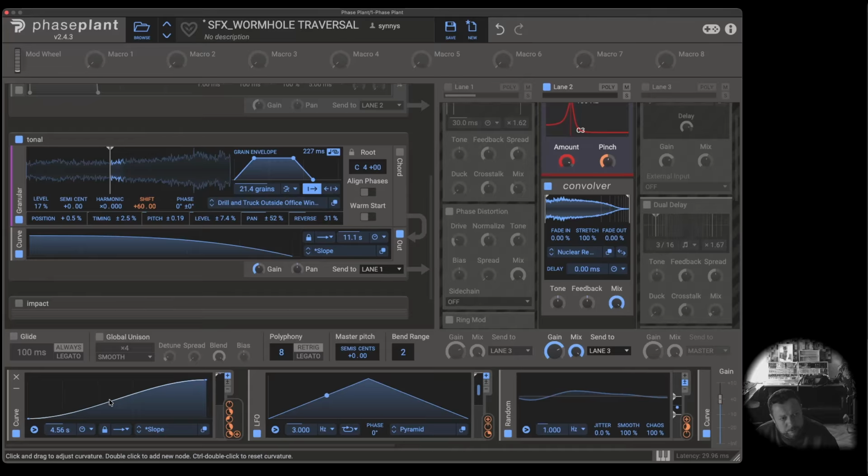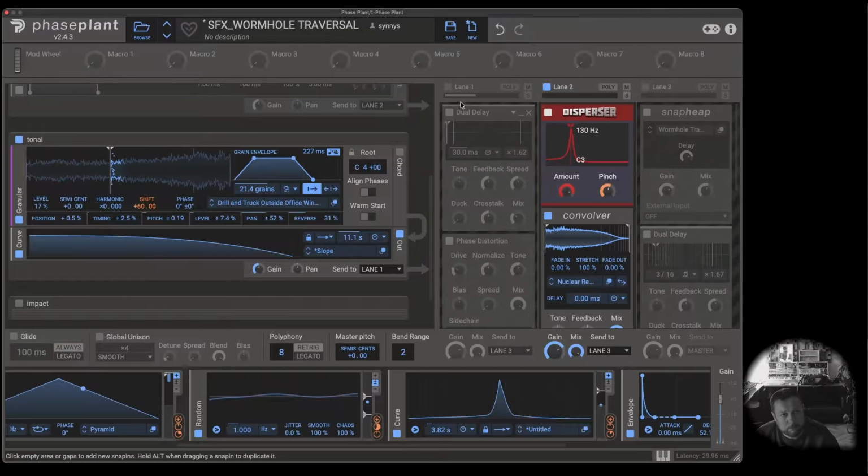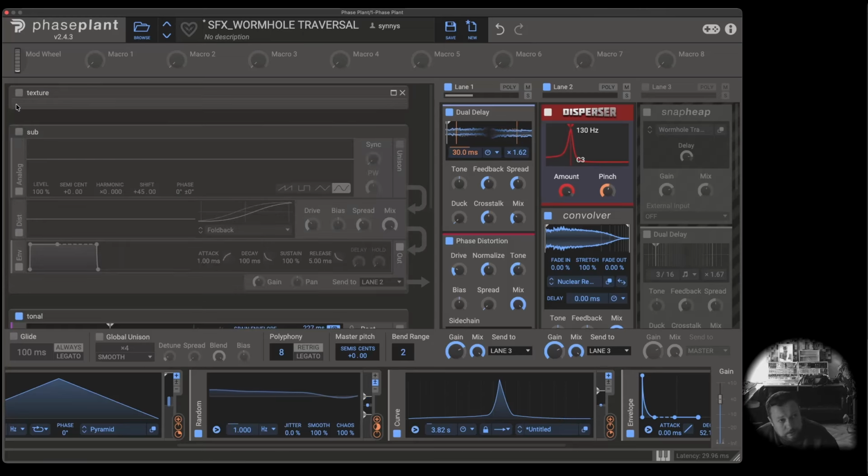So it goes up slightly, and then where this peak is, it actually goes down in pitch. And that combined with the processing in lane 1 gives you this. And then together with the texture,